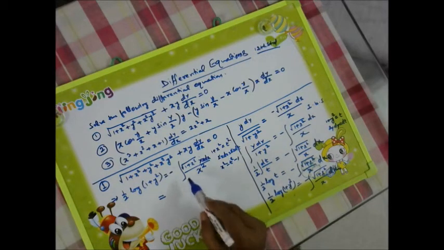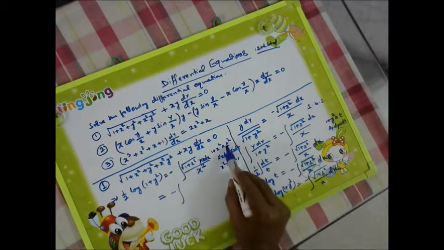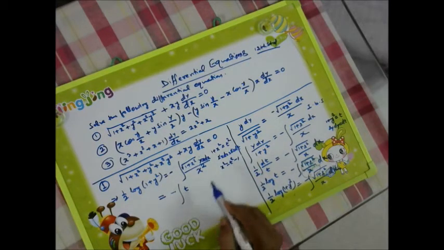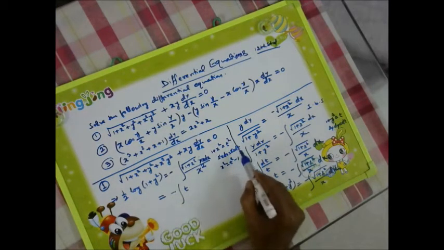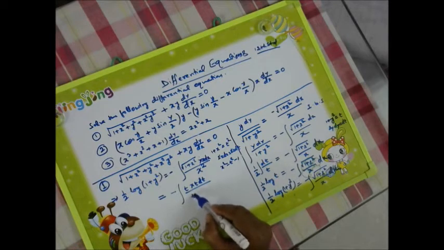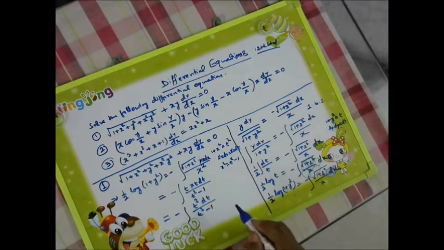Okay, right, very good. So this is minus and then 1 plus x square. So whole root 1 plus x square is what? t. Yes, t. And x dx is equal to what? t dt, into t dt, divided by x square, which is t square minus 1. Then further minus. So it has become t square dt by t square minus 1.